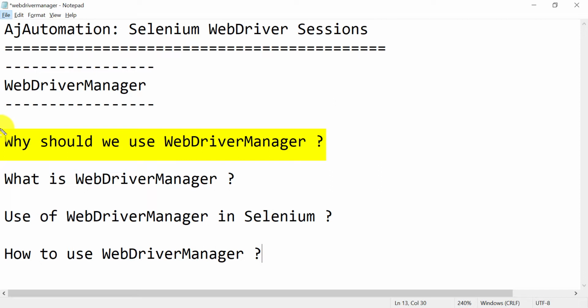Similarly in Selenium, if you want your Selenium script to start communicating with the actual browser, then you will need to download the browser specific drivers. If you do not have these drivers, you won't be able to run your Selenium script because it cannot communicate directly with the actual browser. So let me explain through a diagram so that you can understand it completely.